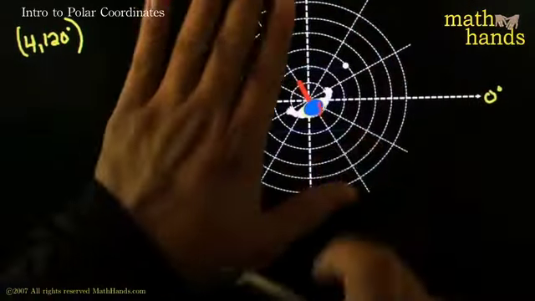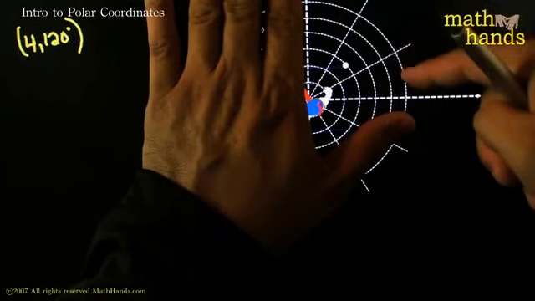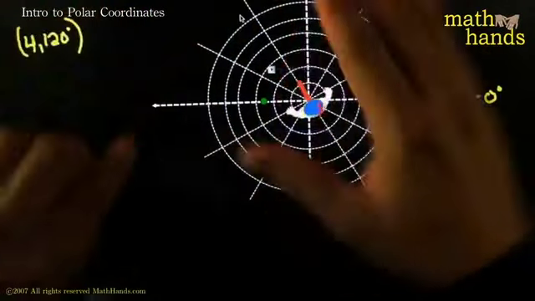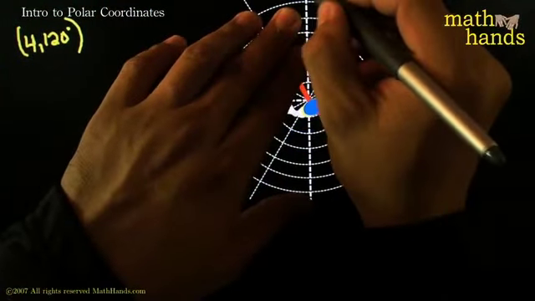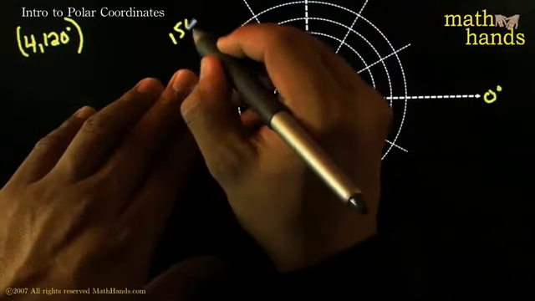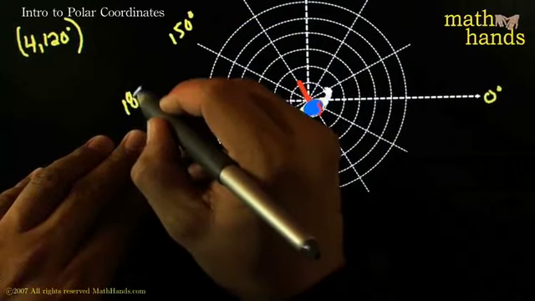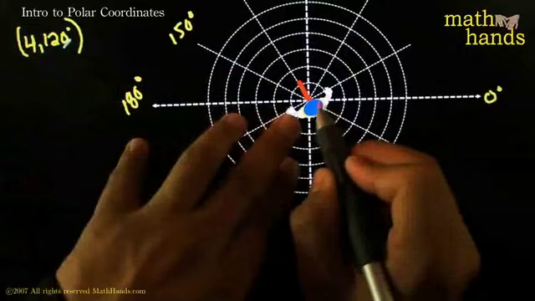Each of these pieces, see, if this is 0 and that's 90 and I've cut it into 3 pieces, each of these is worth 30 degrees. Same for these, each of these is worth 30 degrees. So from 90 degrees, the next 30 would be 120 degrees. Next one would be 150, and we would end up at the expected 180 degrees, and so on and so forth. Anyways, once you're pointing in the 120 degrees direction,